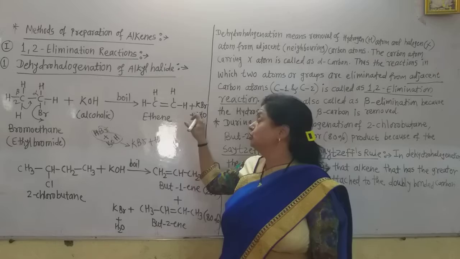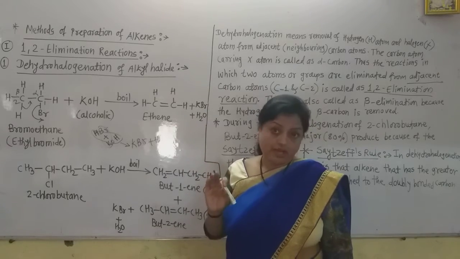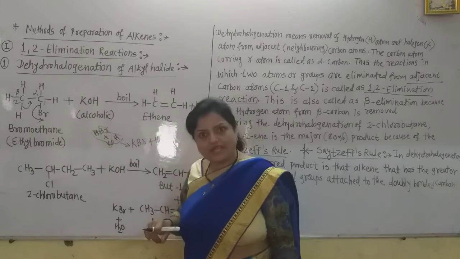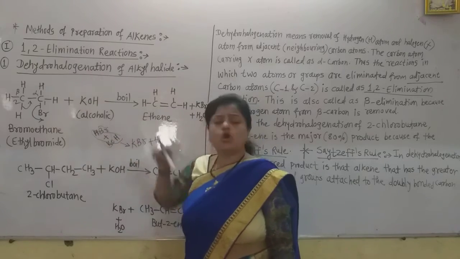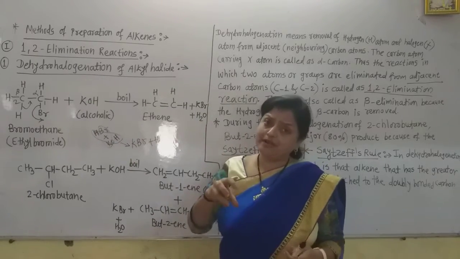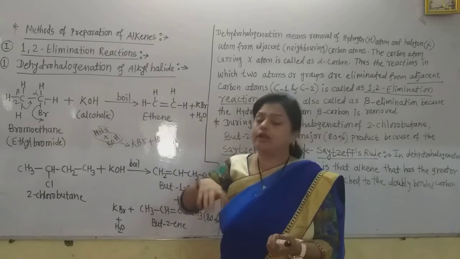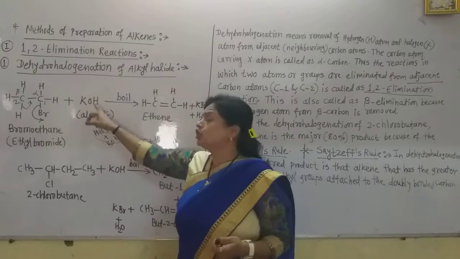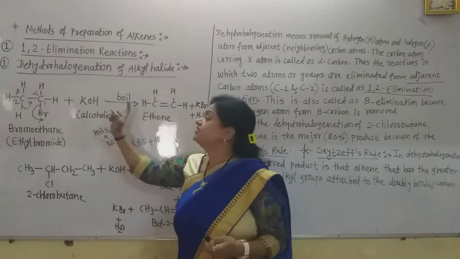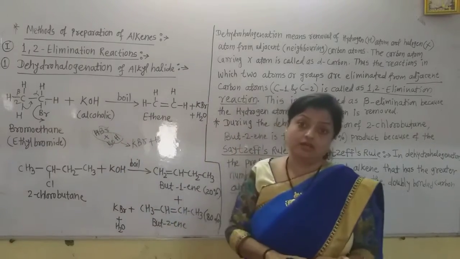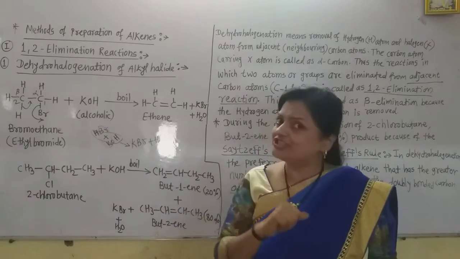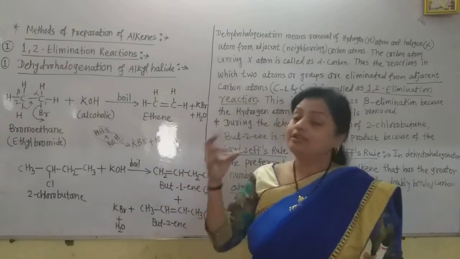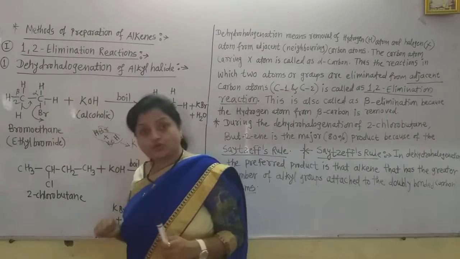Do not write down the byproduct as HBr, because HBr reacts with the alcoholic KOH. What is alcoholic KOH? It means potassium hydroxide is dissolved in alcohol and not in water. If there is the alcoholic solution of KOH, then there is dehydrohalogenation. But if we use the aqueous solution, there is no such reaction. There is only a replacement reaction. The bromine gets replaced by the OH group in that reaction.